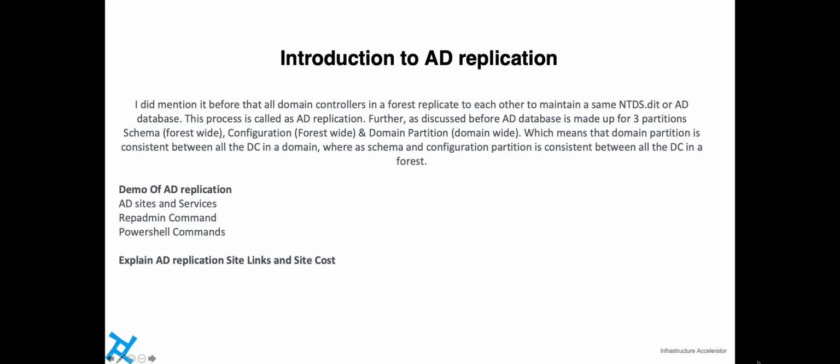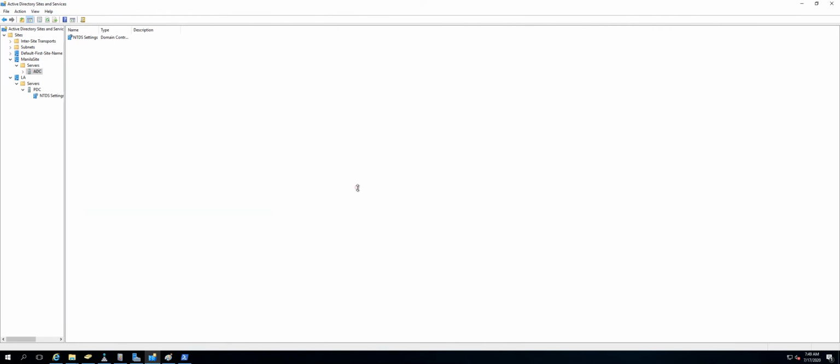What else? So I told you about the PowerShell command. Okay, AD replication, site links and site cost. Remember I told you that these are the site links which are the connections, and these are IP site links. So there is an MPLS connection, or there could be an IPsec connection, or there could be a very long wire. So these IP site links are actually representing whatever that physical connectivity is, whether it is IPsec or MPLS or a very long LAN cable,